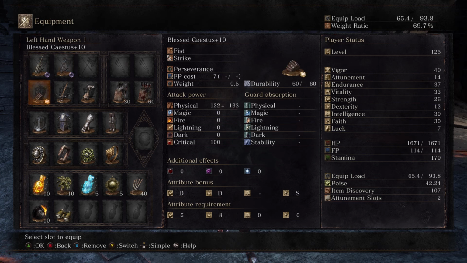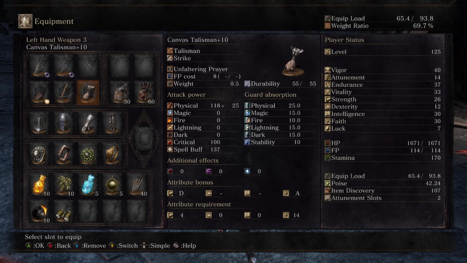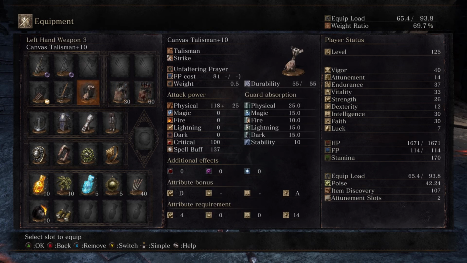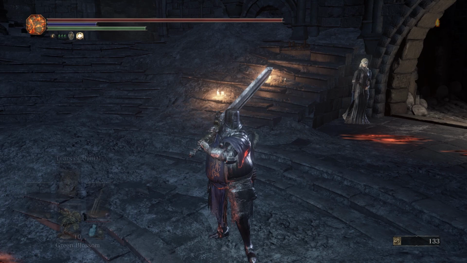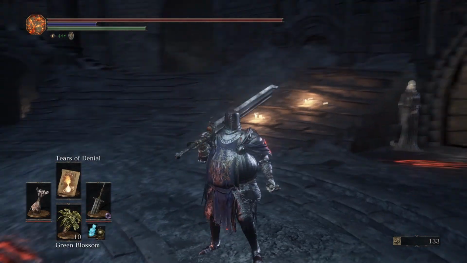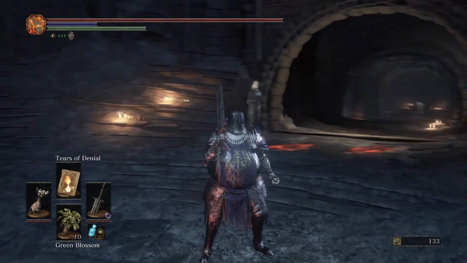Now in the second left hand slots I have a Blessed Cestus plus 10. I've got a light crossbow plus 10 with exploding bolts and also splintering bolts, and I've also included a canvas talisman plus 10 here just to start the match with Tears of Denial. Now Tears of Denial here is basically just going to help us get one more trade out to win our